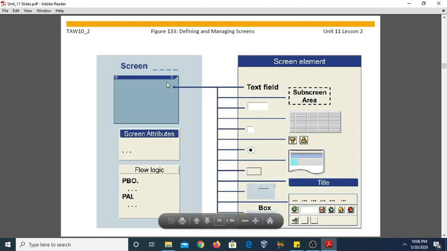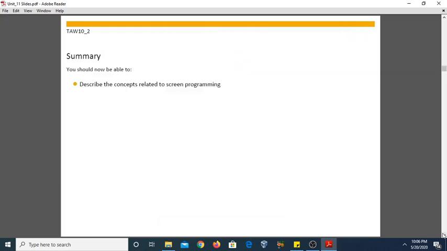On this screen you can create a number of screen elements: text field, subscreen area, input field or output field, table control, search helps, checkbox, radio button, title bar, main menu, and box. So these are the screen elements that you can define and manage on the screens. So this was all about lesson number 2 of unit number 11.